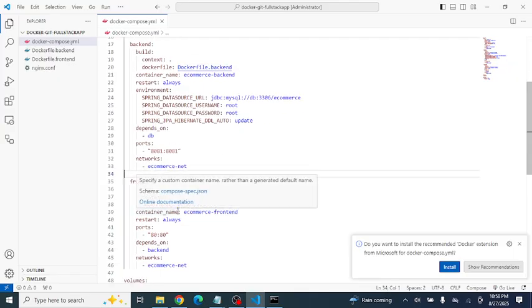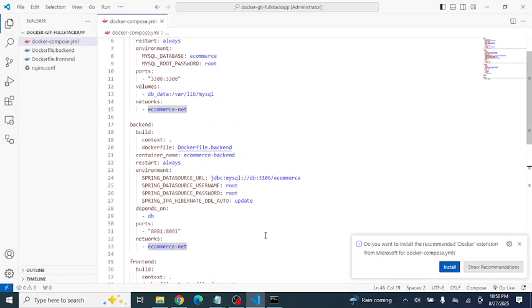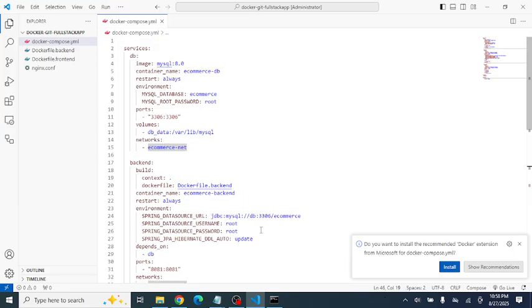Front-end. Here also, front-end, the Docker file front-end we are giving. There are two networks we use. Only a single network we are using. The network name is e-commerce network. When you executed this file, what happens? It created totally